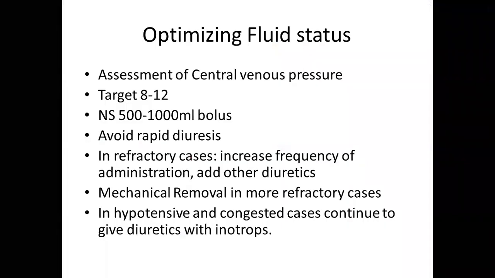With regard to optimizing fluid status, this is one of the challenges in treating patients who come with decompensation. The most guiding principle is using central venous pressure. Ideally, one can use a central venous catheter to measure that, but clinical interpretation of this procedure is not demonstrated, so we just use clinical judgment. The target is to keep the central venous pressure between 8 to 12. In a patient with low blood pressure and also congested, the initial attempt starts with a very low volume to